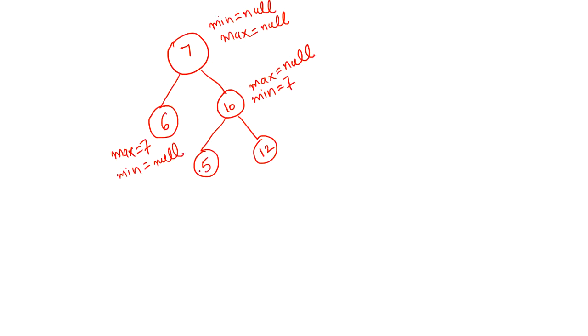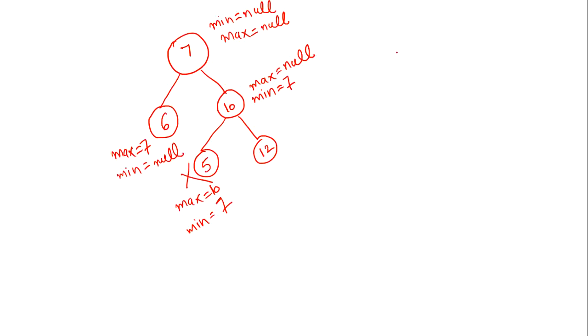Now same applies here as well. So here also, whatever value should be lying in the left of the 10 should be less than 10. So max value here is going to be 10 and min is given 5 itself. Okay, sorry, 7. So what you will see here, that 5 is not lying in this range. So from that what we can conclude, that it is not a binary search tree.